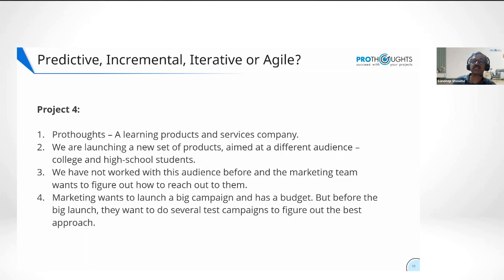My children, they don't read newspapers. Both of them teenagers. So I have to figure out, isn't it? Because there is figuring out. The operative word is figure out, experiment. There you are. So it is iterative. Perhaps not incremental because I'll roll out once I've figured it out. Till that time, I'm going to keep on doing small test launches, but final launch will be only when everything is ready. So this is more iterative according to me.